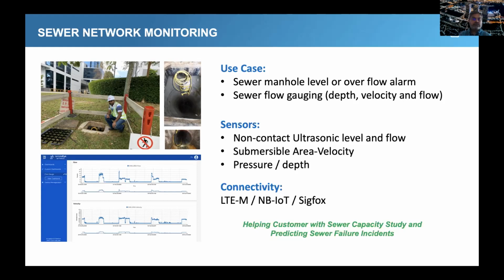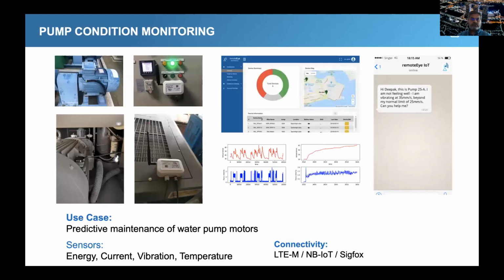And wireless is very good for this because it's completely outdoors. The sensors are actually installed under the manholes, and we are able to get LTE-M connectivity there as well, underground. So it's a pretty interesting use case for a low power WAN solution. The same device and platform could be used to monitor equipment in your organization.